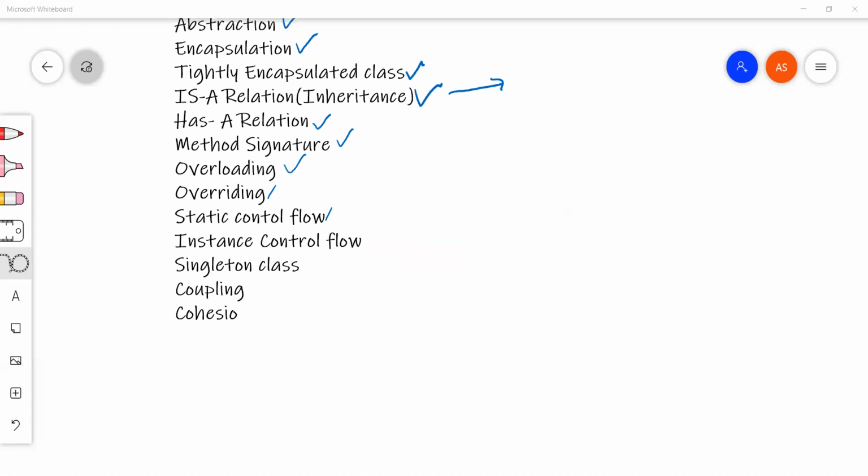Now let me take one more important concept. I have told you that every Java class has a parent, Object.